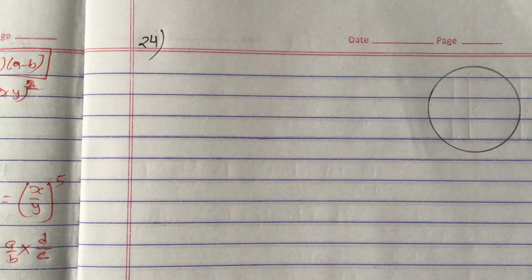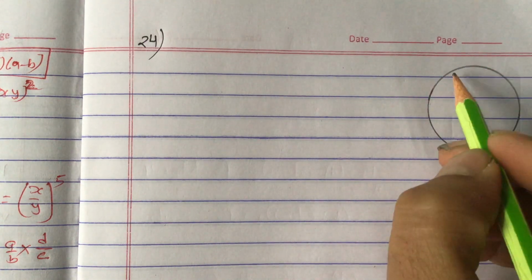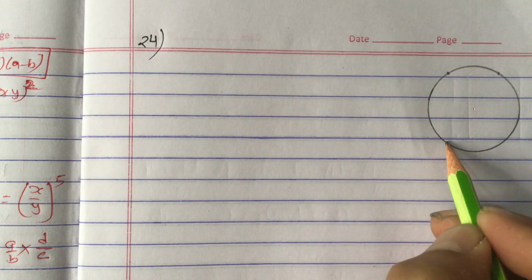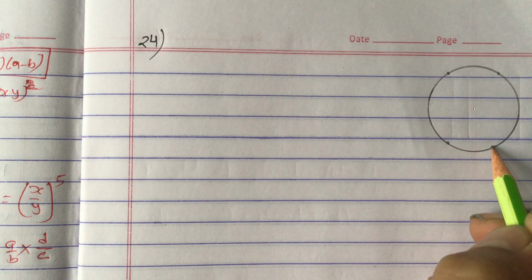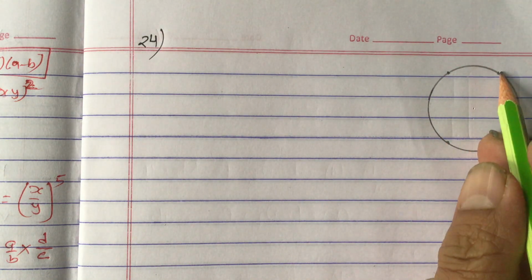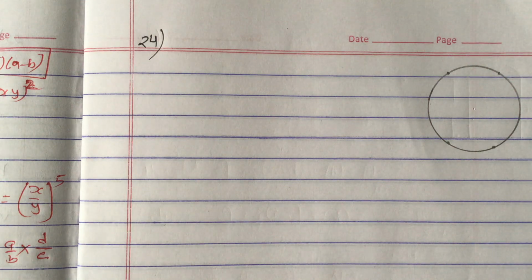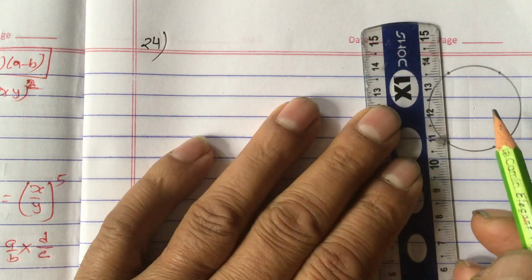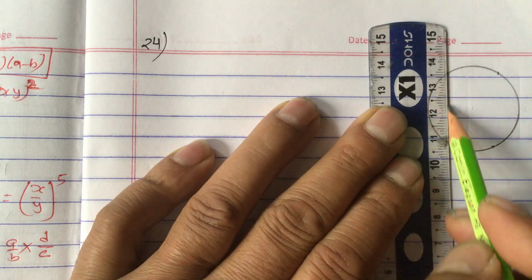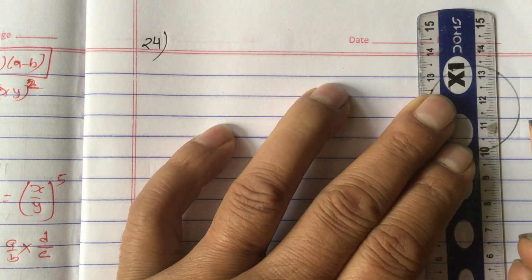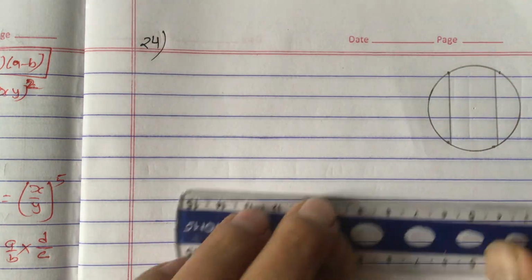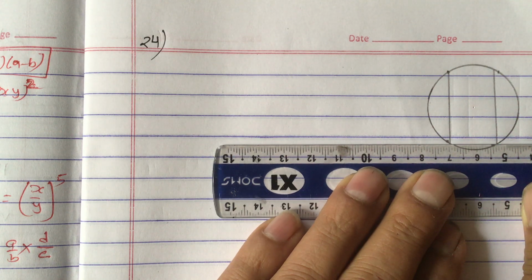Now we are given four points W, X, Y, Z here. Let us put a point here. Let us make it rectangle type. If you make it square type or rhombus type, what will happen? Your bisector will meet at this point, so your figure will not be correct. So what we will do, make it rectangle type. Okay, like this. Now join these two also.